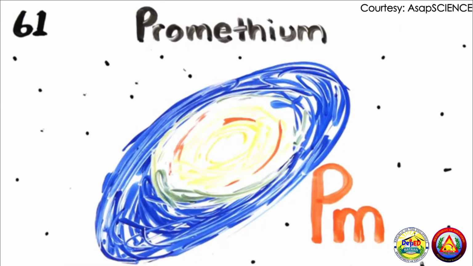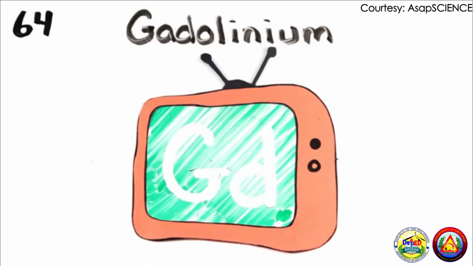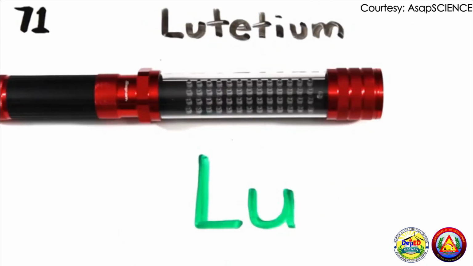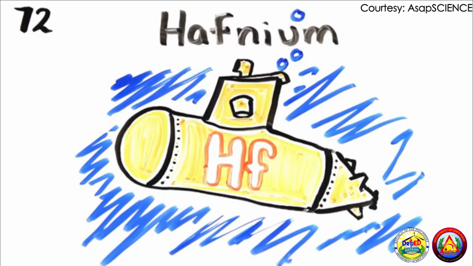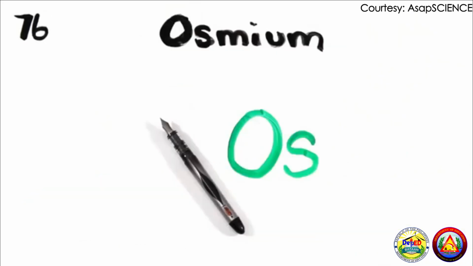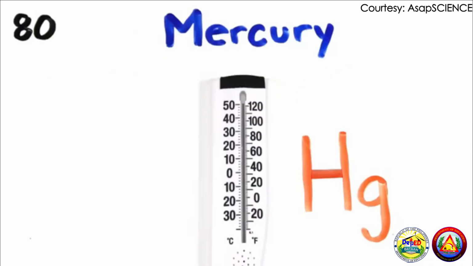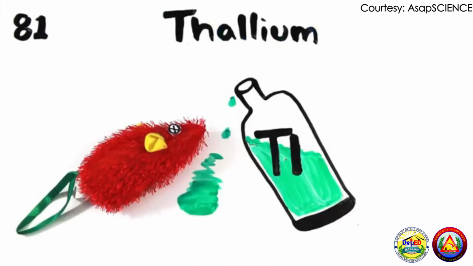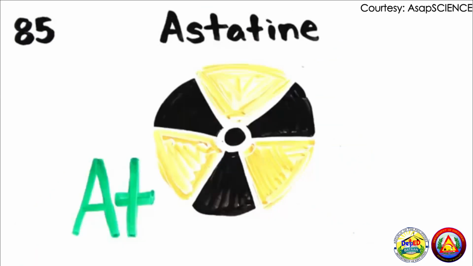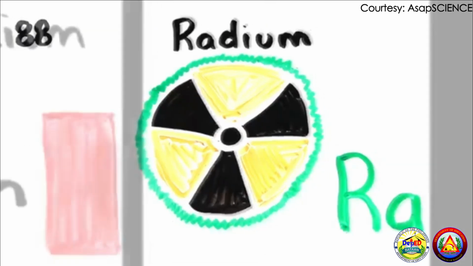Neodymium's next to promethium, then 62, samarium, europium, gadolinium, and terbium, dysprosium, holmium, erbium, thulium, ytterbium, lutetium. Hafnium, tantalum, tungsten, then we're on to rhenium, osmium, and iridium, platinum, gold to make you rich till you grow old, mercury to tell you when it's really cold, thallium, and lead, then bismuth for your tummy, polonium, astatine would not be yummy, radon, francium will last a little time, radium, then actinides at